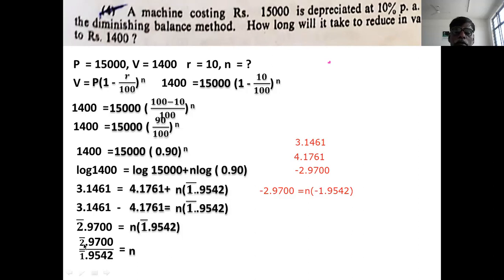In this stage, the numerator is minus, denominator is also minus. Mantissa is always positive, remember this point. So, if you deduct it and take the real value, deduct the mantissa from the character in the numerator and denominator also. If you deduct minus 2.0.9700, its answer is